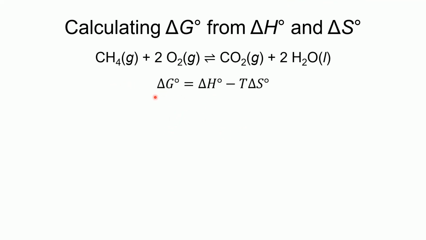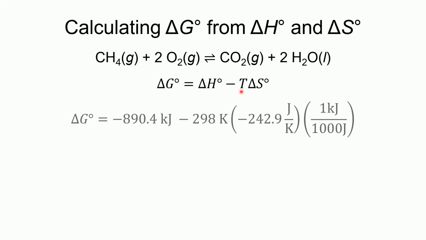So here is our equation for delta G. We calculated delta H and delta S. Our temperature was 298. So here's our delta H, negative 890.4. Here is our temperature, so minus T. There's our delta S, that negative value for delta S. And there's one last little bit that we need to do to get it so that these are the same